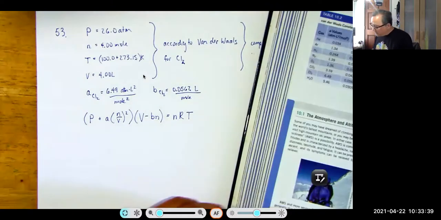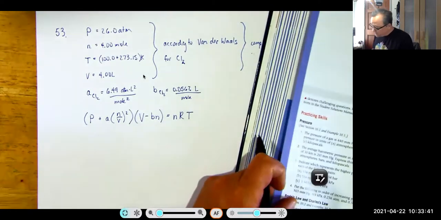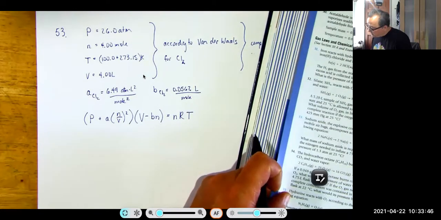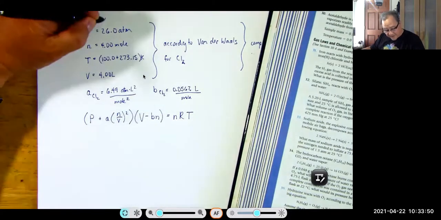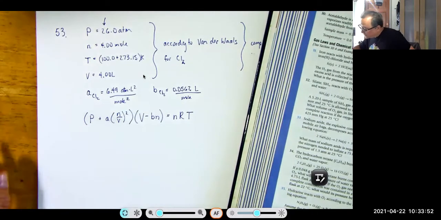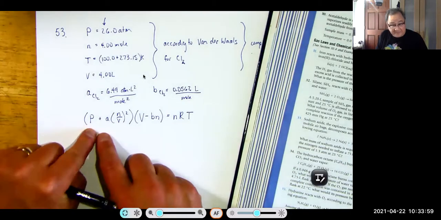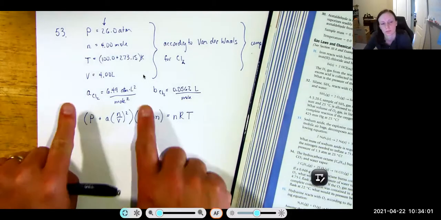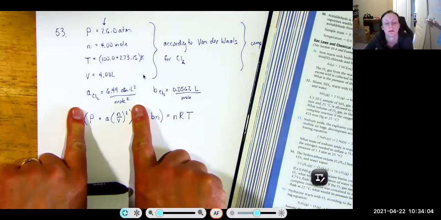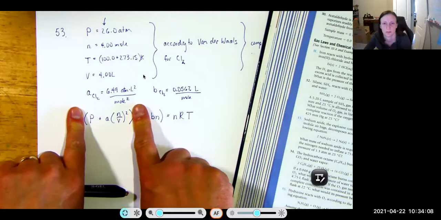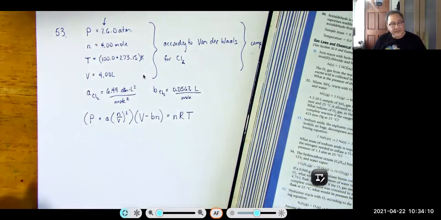And here they say that we need to confirm, we want to verify this result. So we want to verify that we're going to get a P of 26 atmospheres. Now, this is the thing that I'm not quite sure. I think they mean this P right here. Yeah. Not this P. But they're not clear about it. You with me? Yeah. So we're going to calculate this P right here and see if it does end up